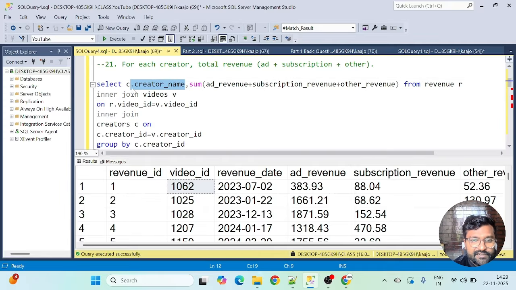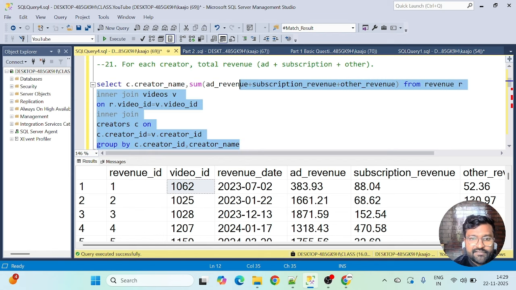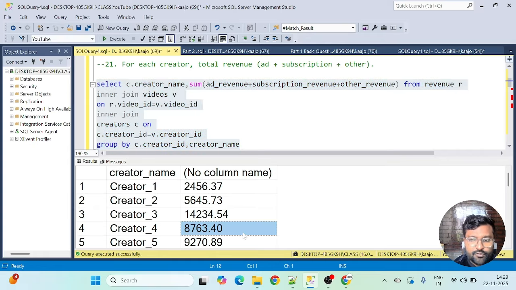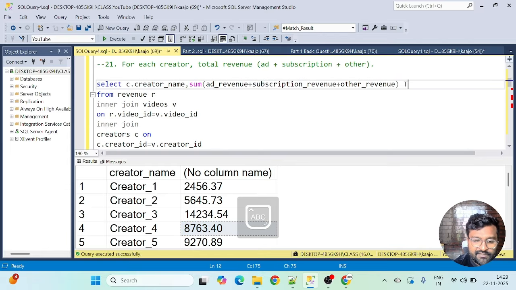If you go with creator name, we'll also have to put that in the group by clause. So let's execute this. This is the total revenue that all the creators generated. Always alias it as total revenue. Okay, so this is done.